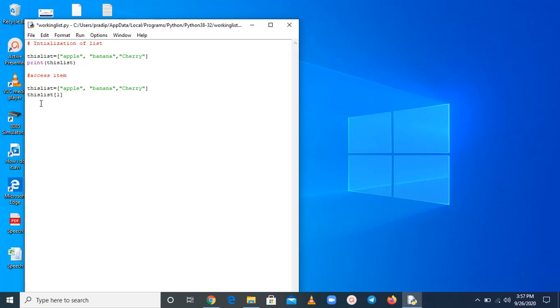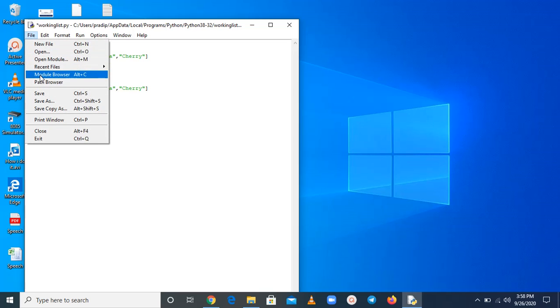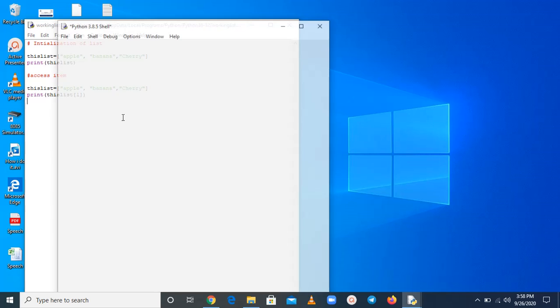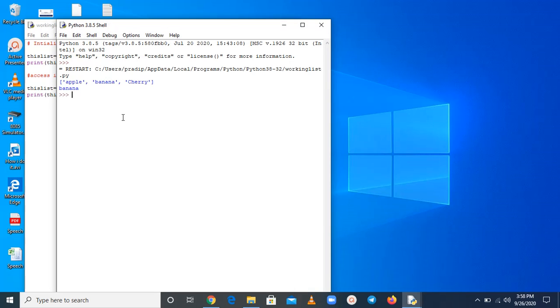Or directly you can write print here. So, it should return banana. Let's just run and check. Here I have saved it and run it. So, here you can see banana.